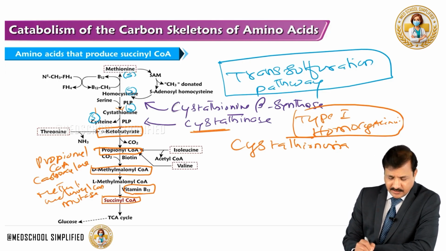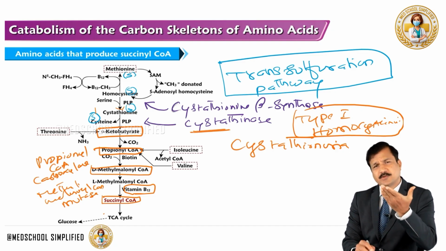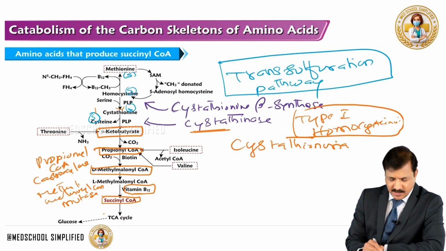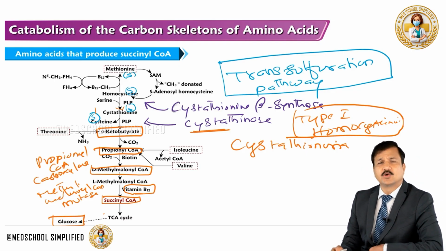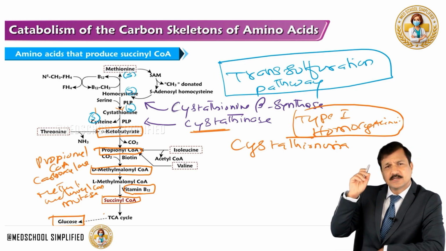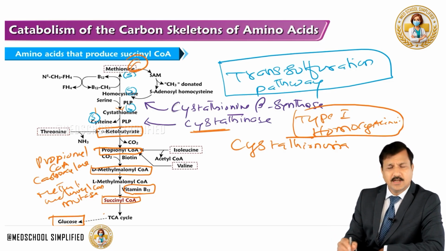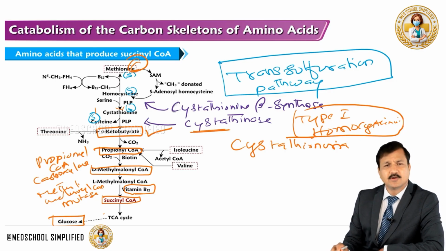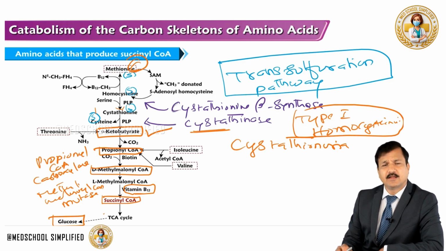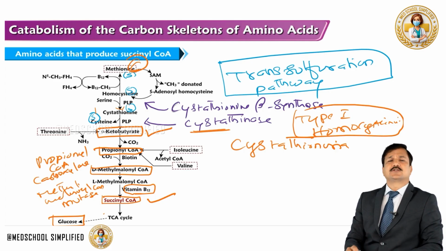Once you get succinyl-CoA, it gets into the TCA cycle becoming succinate, succinate to fumarate, fumarate to malate, and malate gets out of mitochondria into the cytoplasm, and we can go into glucose formation. That's how ultimately the carbons of methionine will form alpha-ketobutyrate, alpha-ketobutyrate will form propionyl-CoA, propionyl-CoA is converted all the way to succinyl-CoA, and succinyl-CoA goes into